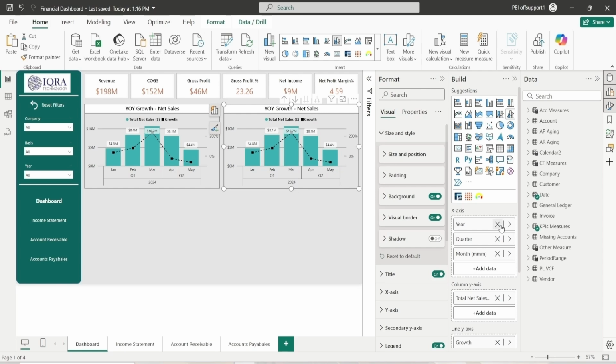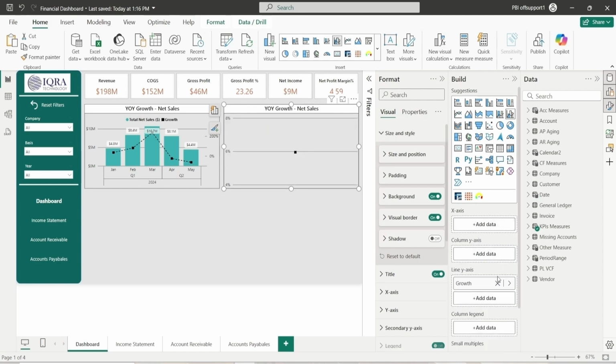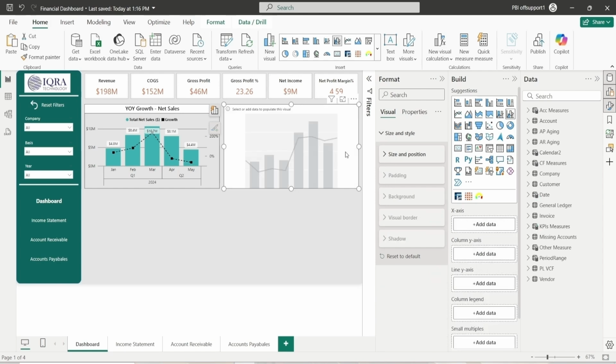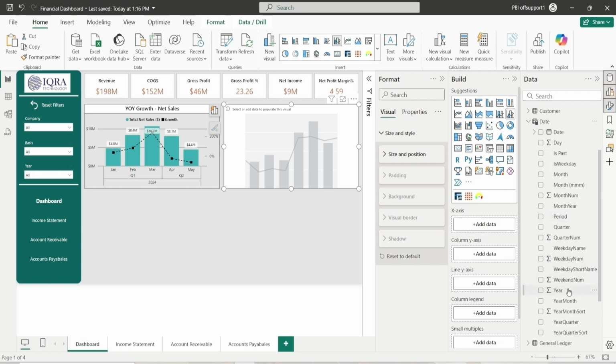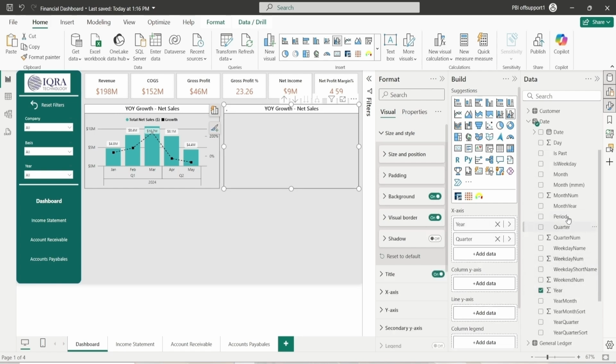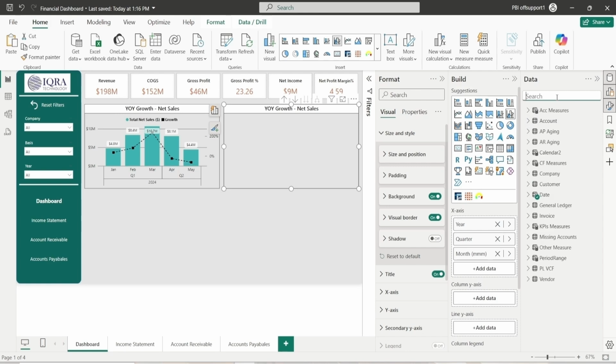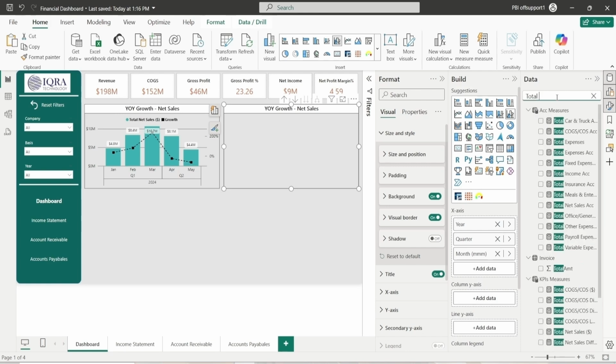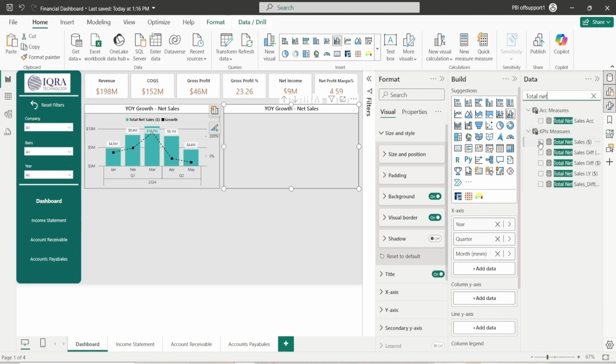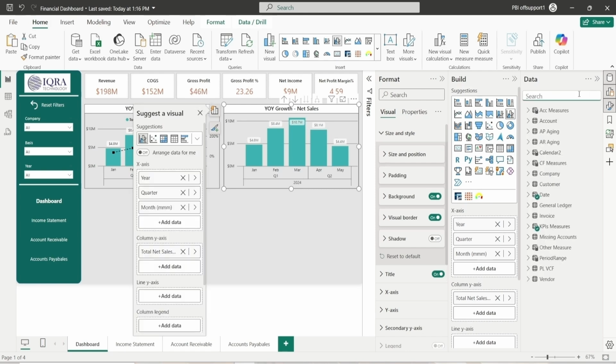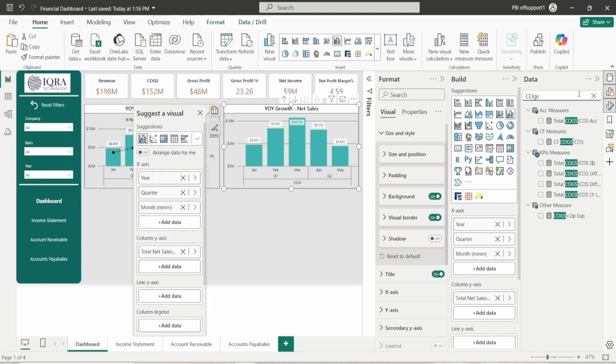After that remove the fields, and for here we have on x-axis year, quarter and month, and for column y-axis total net sales, and also cost of goods sold,